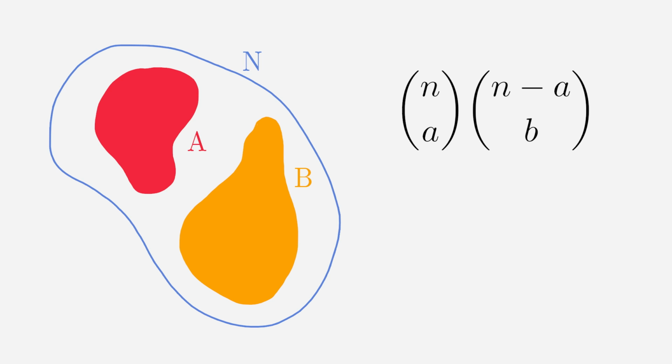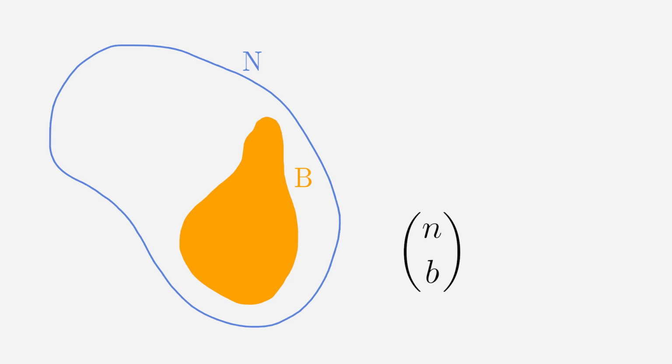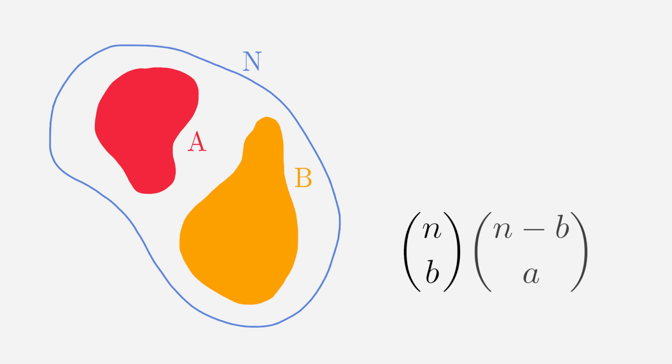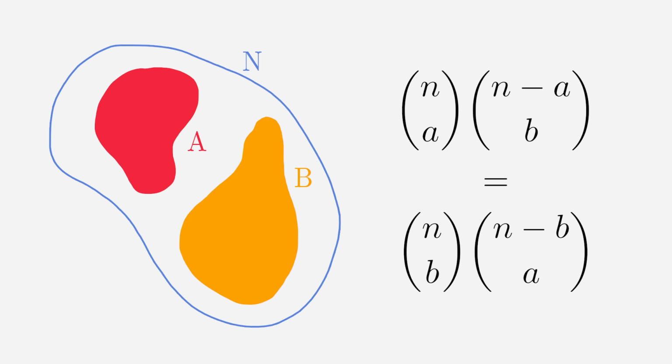We can notice that as long as sets A and B are disjoint and included in N, they can be whatever size you want them to be, so we can actually change the order of choosing these sets and firstly choose the set B, which will be denoted as n choose b, and then choose set A from n minus b, which will be denoted as n minus b choose a. Since these approaches count the number of ways of choosing 2 separate sets inside another set, they must produce the same answer, and that's why our identity is true.